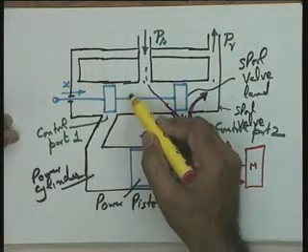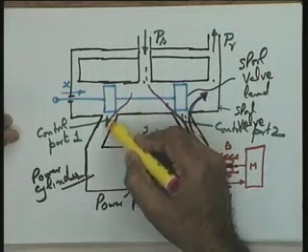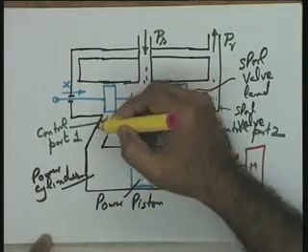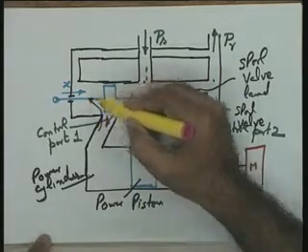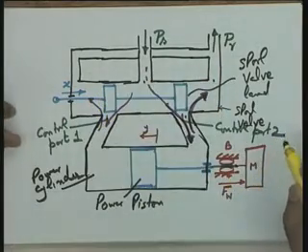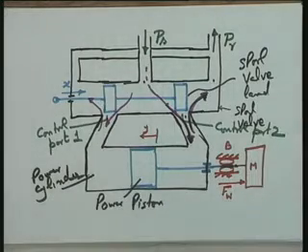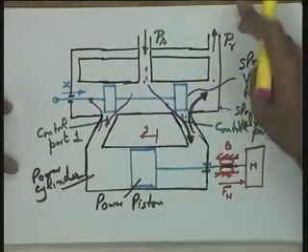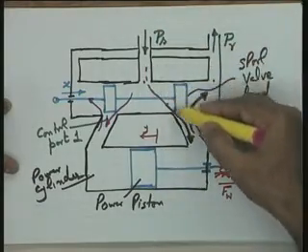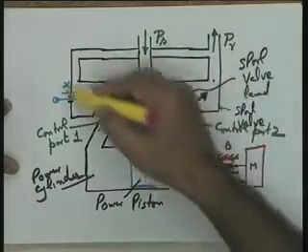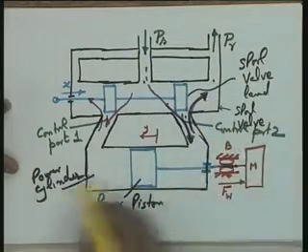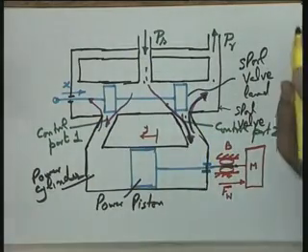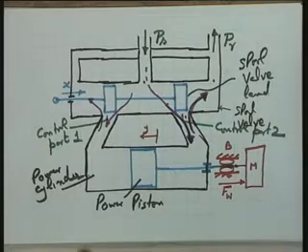Similarly, you can see if the leakage flow into the left hand chamber is equal to the leakage flow out of the left hand chamber under the steady state conditions, corresponding to x is equal to 0, it is y is equal to 0, and this is what happens. The leakage flow, the oil is flowing all the time, but the movement does not take place within the power cylinder, and hence y is equal to 0 condition is realized.